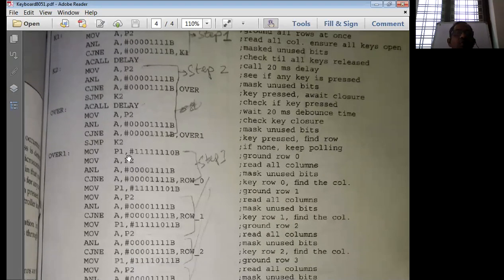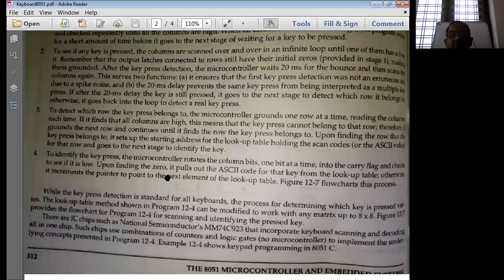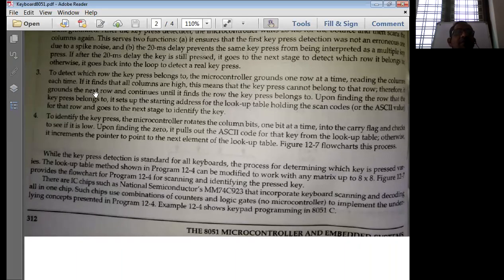Up until this time, this is nothing but step 2. In step 2, we ensure that a particular key on the column has been pressed. After we ensure that, we should go for the rows. That is step 3. In step 3, we detect which row the key press belongs to.